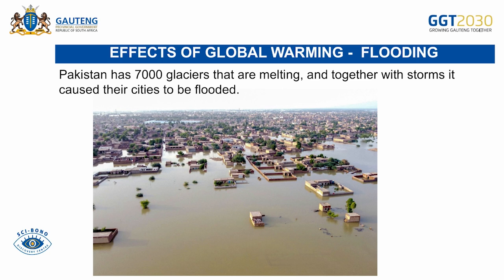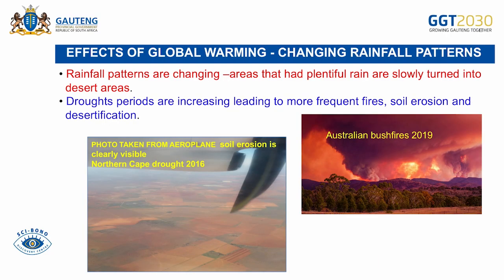Pakistan has 7,000 glaciers that are melting. So in Pakistan, there is a city, it's a country near the mountains where there's snow, and that snow is melting and also causing a lot of flooding around the homes. Right. You can see this is a picture taken from an aeroplane, and maybe 80 years ago, if